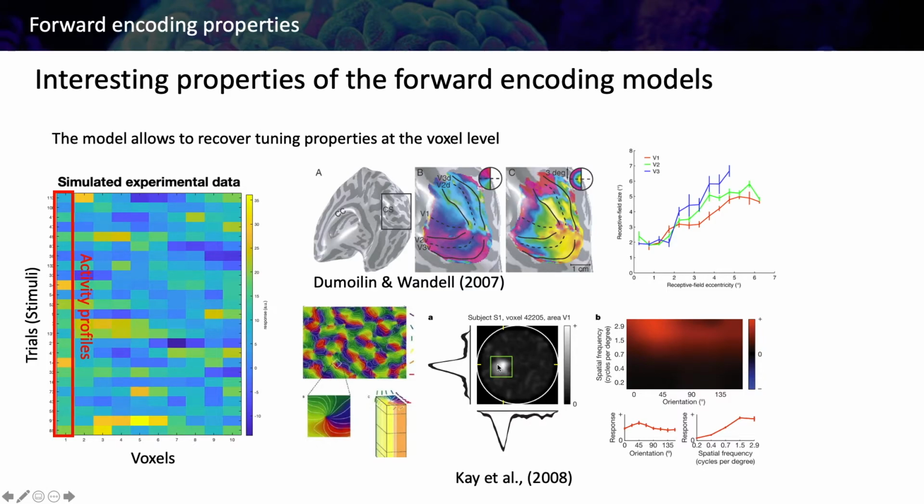So the voxel likes things that are presented in this part of the visual field. And also, what you can recover is the orientation tuning. In this case, this voxel likes 45 degree orientation stimuli more, and is also tuned to relatively high spatial frequencies. Okay, so we can recover the receptive field size, which will be given by this tuning, we can recover the selective spatial tuning, and we can recover the orientation and the spatial frequency of each voxel.